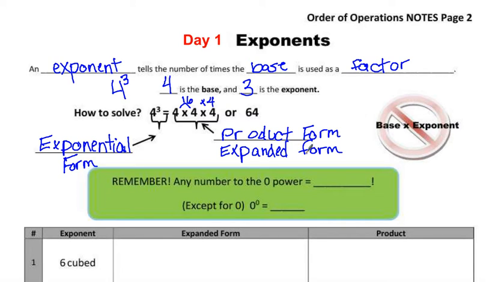Now the most important rule for this is do not multiply the base times the exponent, but also any number to the 0 power is 1. So any number put to the 0 power is 1. Now except for 0, 0 to the 0 power is going to be 0. All right, so if we look at some examples of this,